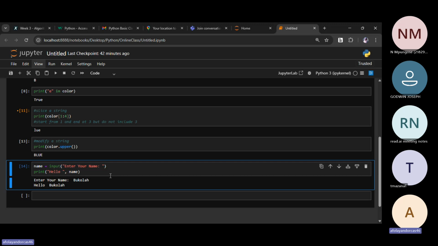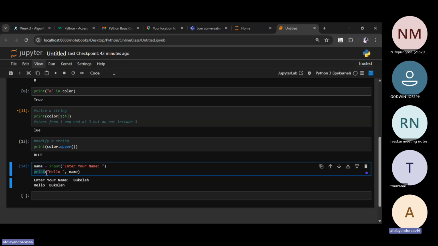So in this case, input is the input method for users to enter their name, while print is the output method that displays the information the user entered.